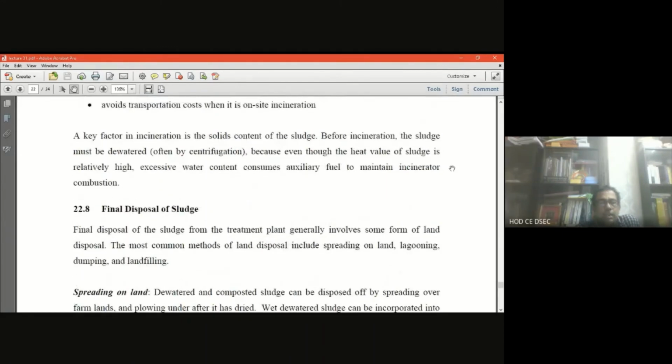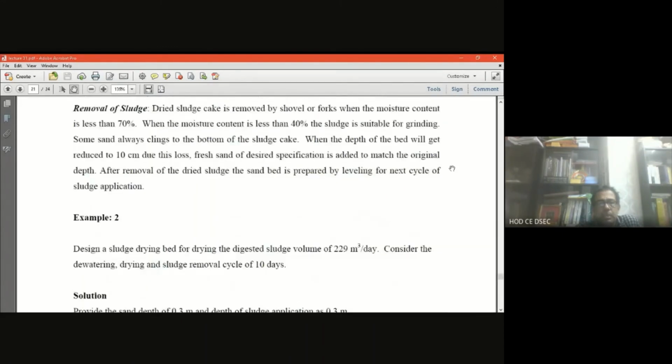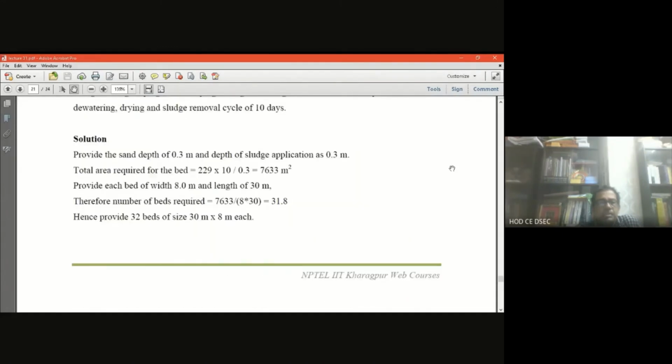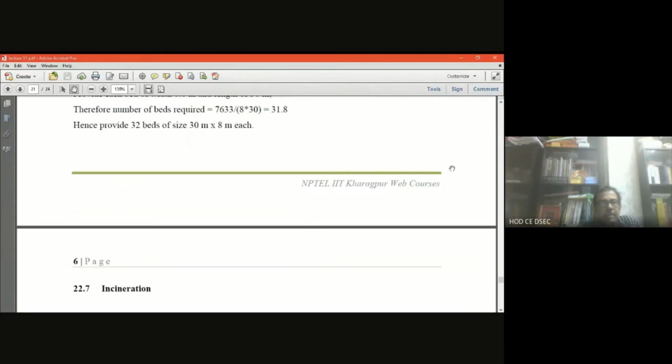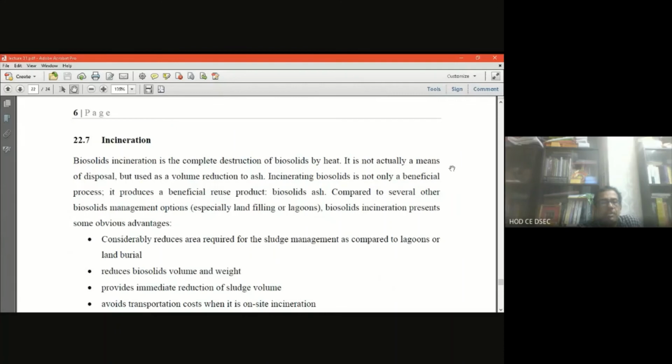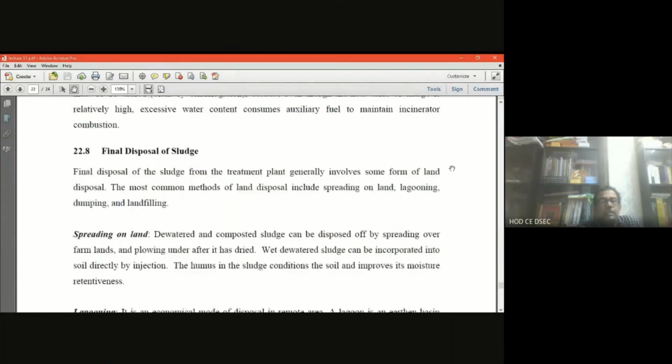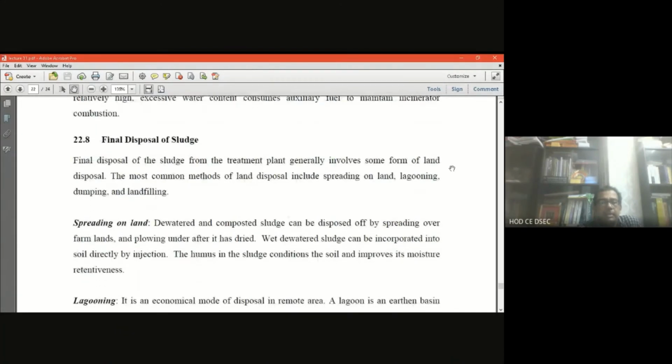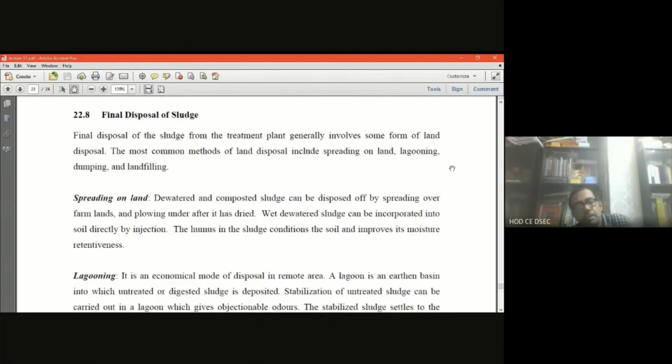Everything I have told you, that is the numerical sums related with the digester, where the digestion or sterilization process takes place, and the sludge drying bed where the deodoring takes place before final disposal to the land or ocean. To some extent we have already described the final disposal of the sludge, but before concluding the lecture, I just want to highlight this for concluding the module of sludge handling and disposal.